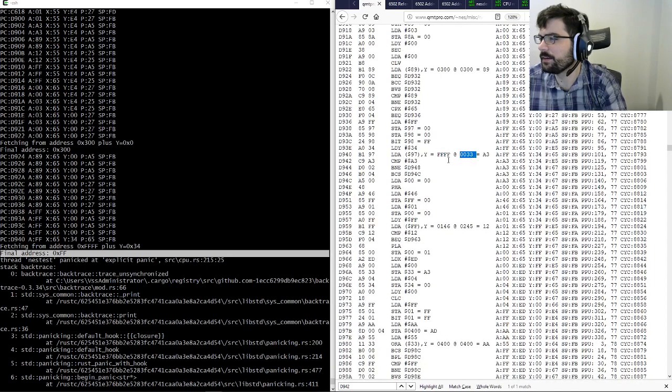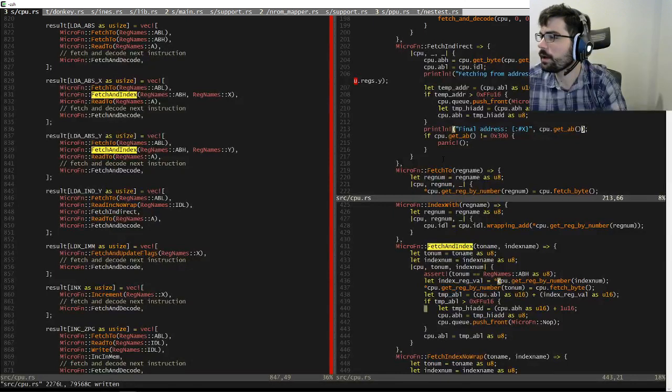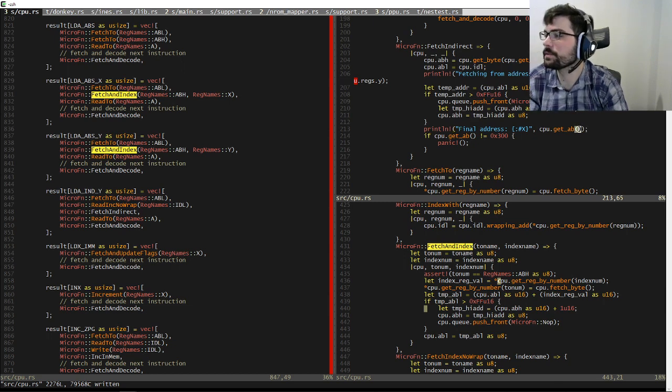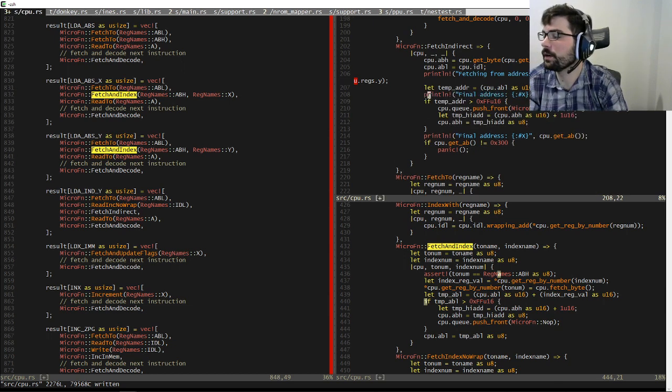That says at 33, which makes way more sense. How did that occur? So, temp address is right here. Does end up being greater than